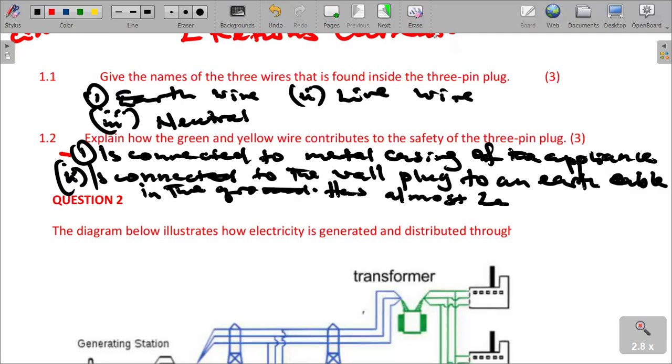The earth wire has almost zero resistance, which is one other advantage that we can talk about. So if the metal casing of the appliance becomes charged due to a fault, the charge is safely discharged to the ground,